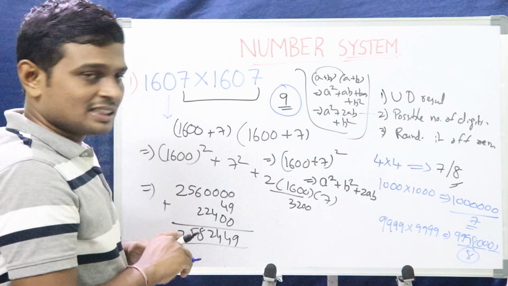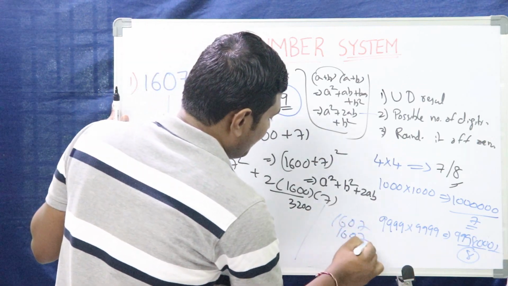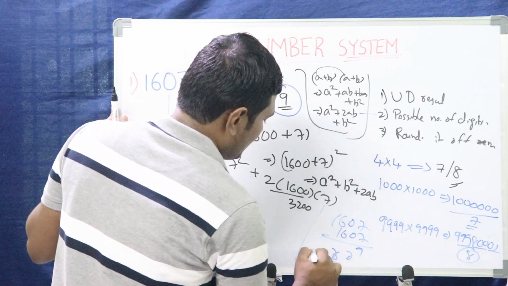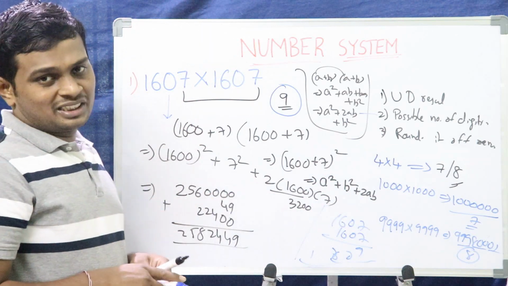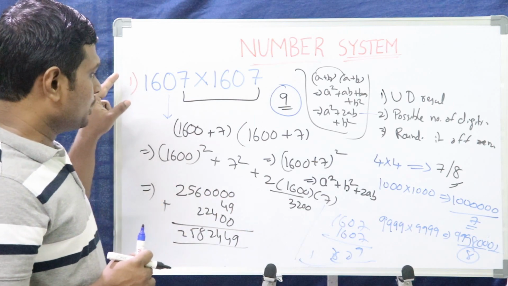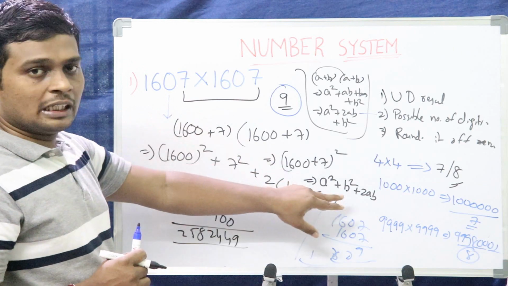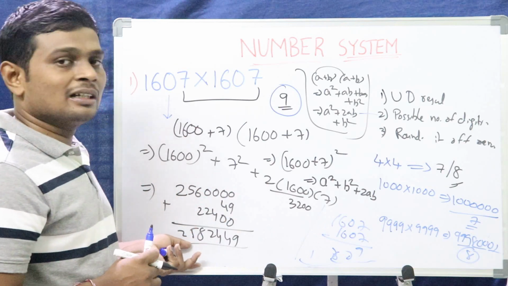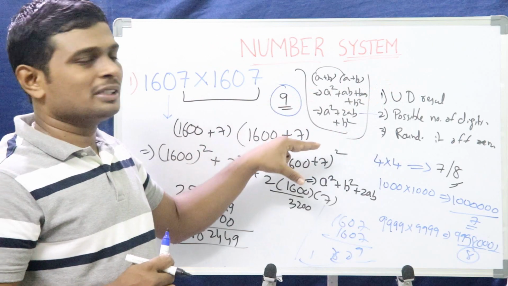If you go with the traditional approach, what do we have to do? We need to take 1607 and 1607 and multiply digit by digit, 7 times 7 is 49, and so on, and then sum all these four partial products. It will take more time to solve that way, right? So what we need to do is round it off to the nearest zeros. It is in the form of (a plus b) whole square. So we did a square plus b square plus 2ab and this is the answer. Like that, if you follow these three steps, you can solve any number system problem quickly.